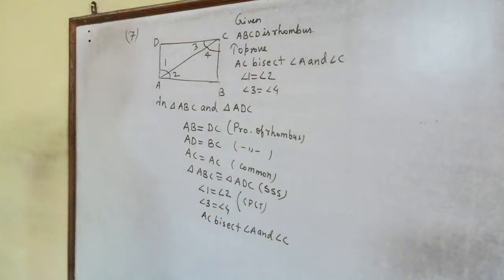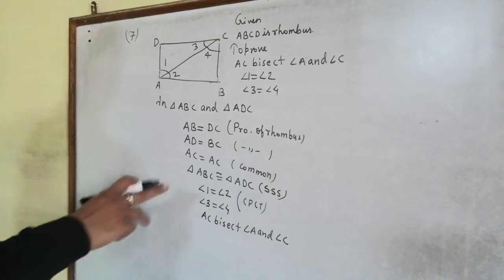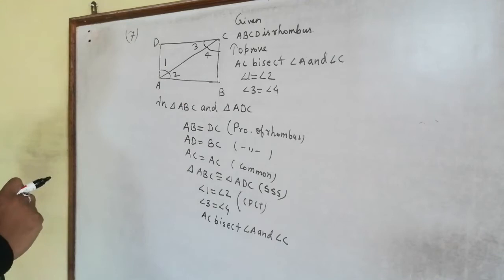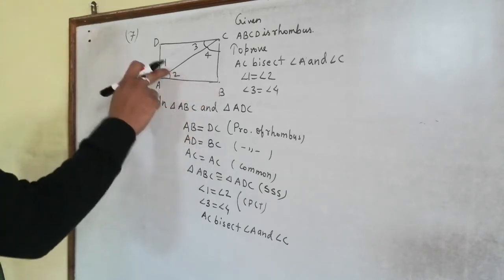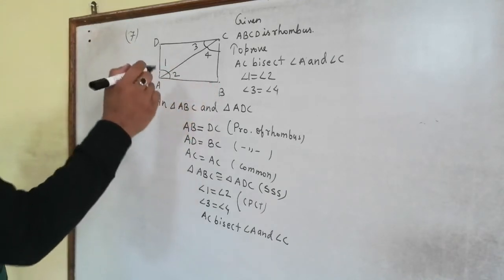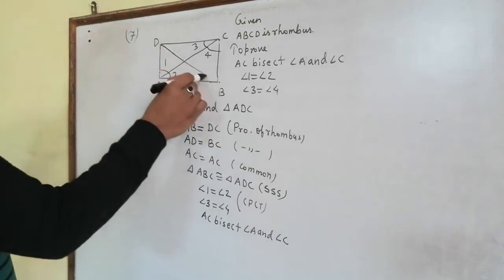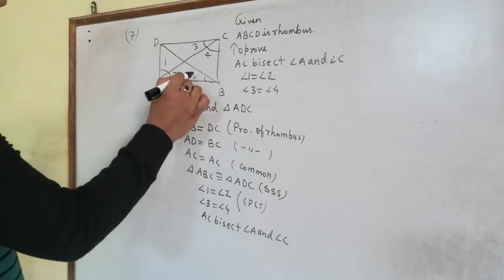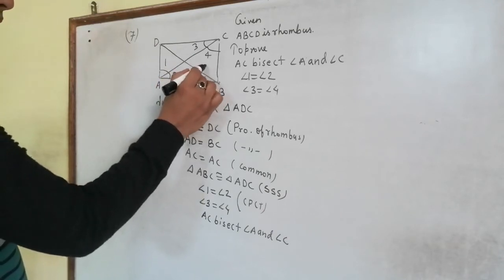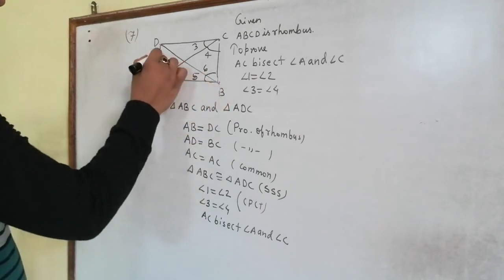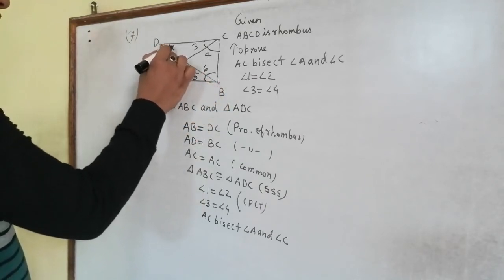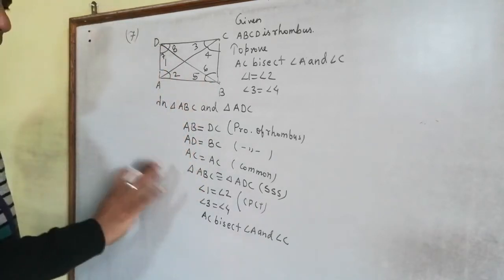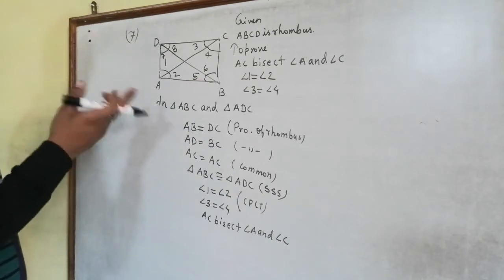Just complete the first part of the question. Now we have to prove that BD bisects the angle B and D. So now I am going to draw this diagonal on this side. And if you want, you can make another figure also. I am writing here the angle names 5, 6, 7, 8. Now I have to prove BD bisects angle B. Same method I will use. I will take the two triangles and make them congruent.